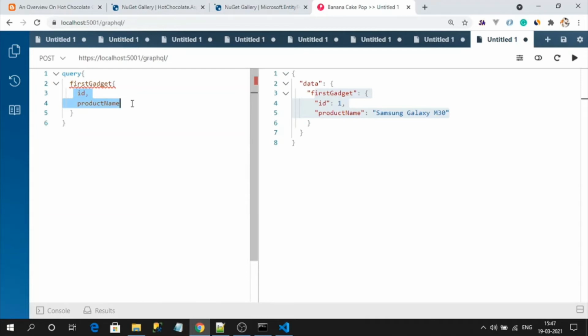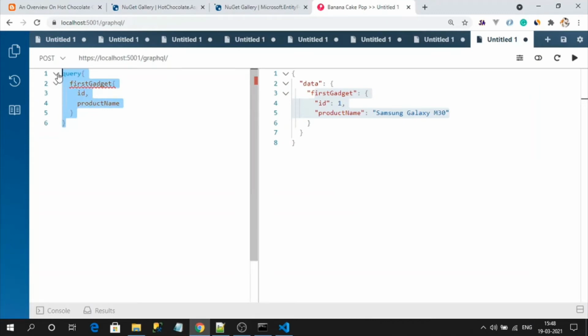So this is how we need to request the GraphQL endpoint, and you can see the URL here as well. I mentioned at first that GraphQL only has a single endpoint. We will have this endpoint only, and we only need to change the query based on our requirement.